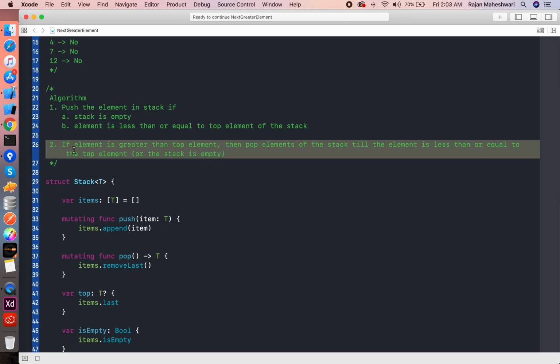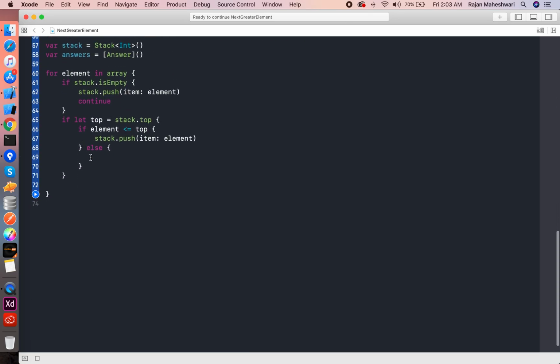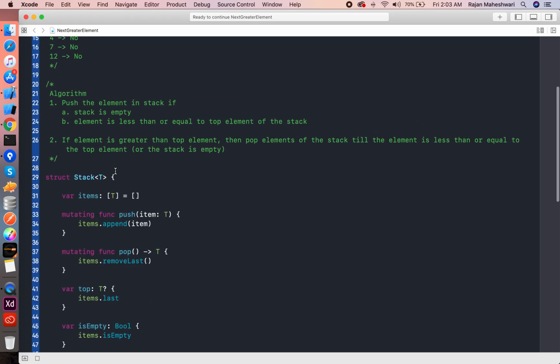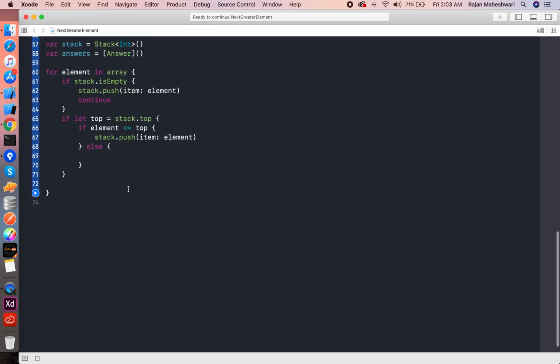So here I will only come if the element is greater than the top element. Okay, fine. Then we have to make another loop just to iterate the stack, and along with the iteration I have to do the popping part as well. So while stack is empty, that should be not, while stack is not empty, then what we have to do,